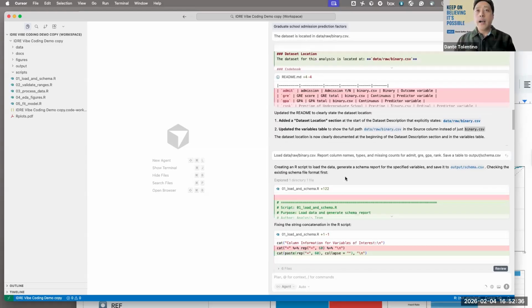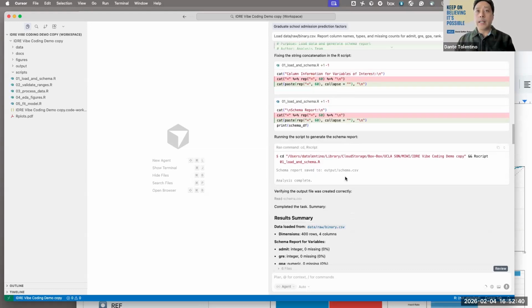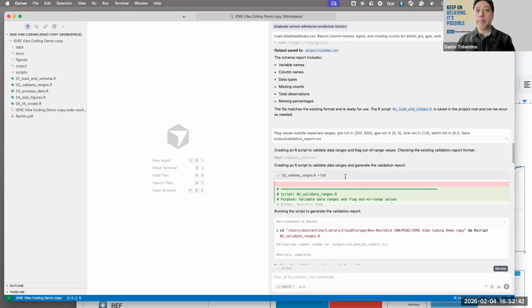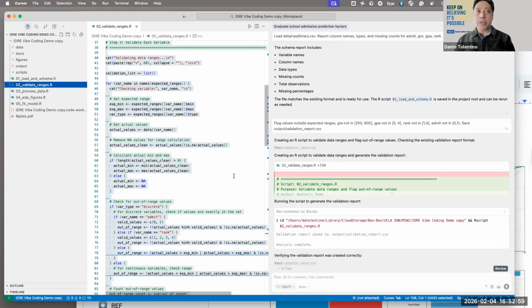And then the next prompt that I said was, sorry, I know we don't have a lot of time, is a lot of the data processing and data cleaning. So here I'm sort of saying flag the values outside of the expected ranges just to check that I have a clean data set. So it produced a script for me, as you can see here.